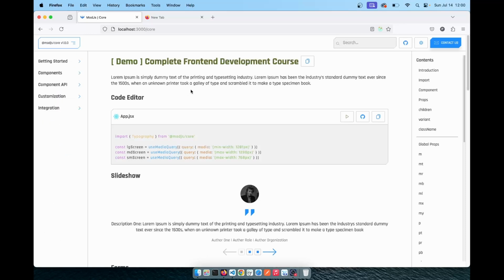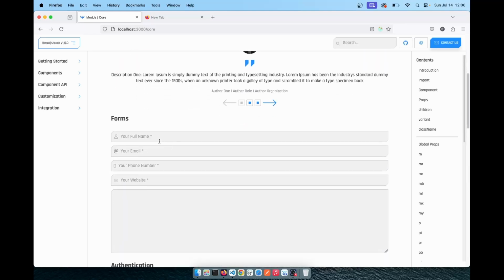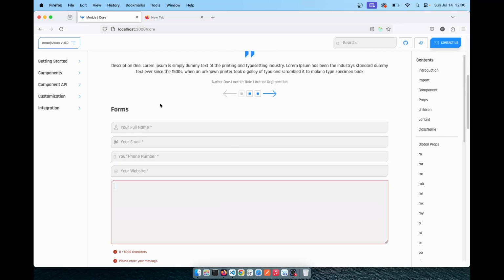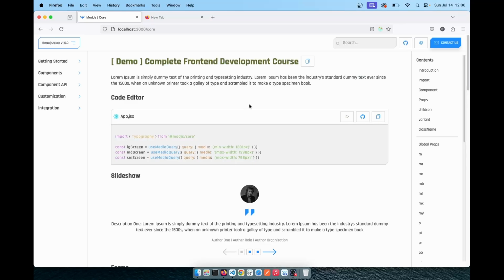Okay, so the other thing is there are a lot of things that are being rendered on this web page. As you can see, there are a lot of components, and there are a lot of functionalities. Even just for these fields here, there is tons of code that we will be writing in the component library that will be published to npm. But the end user using that component library,